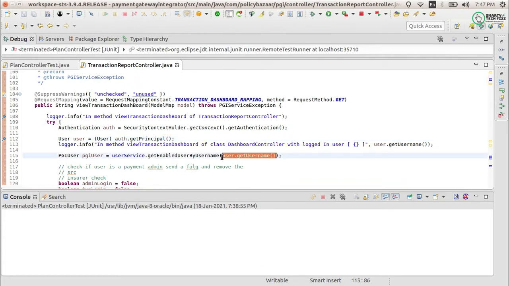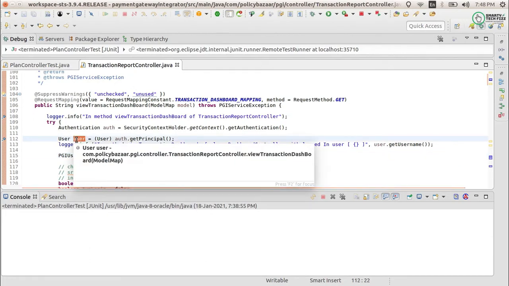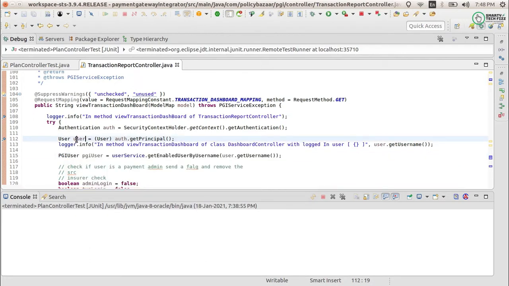Your service may be getting the user from the DB to get something particularly related to that user, or maybe you are not doing that, but from the user you will be getting the roles as well.